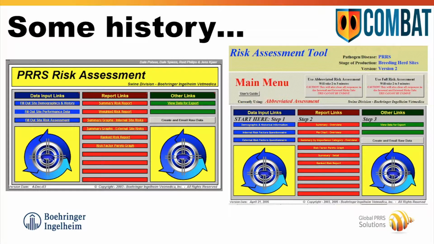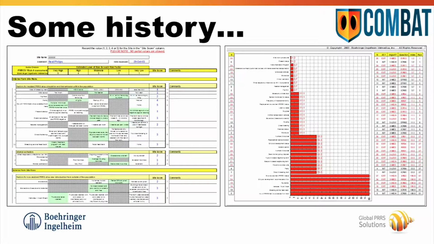Then we took that tool and put it in a spreadsheet format. On the left is the version 1. Then we did some work, refined it, and created a version tool with the assistance of Daryl Holtkamp, who at that time was consulting with us and later joined Iowa State University faculty. The basic survey itself on the left is set up here, where all of these rows represent the risk factors, and then again the columns represent the levels of risk.